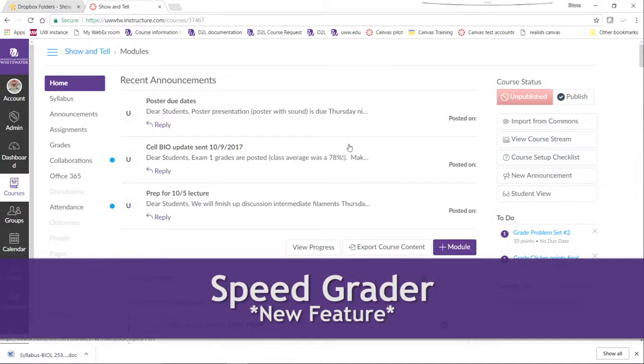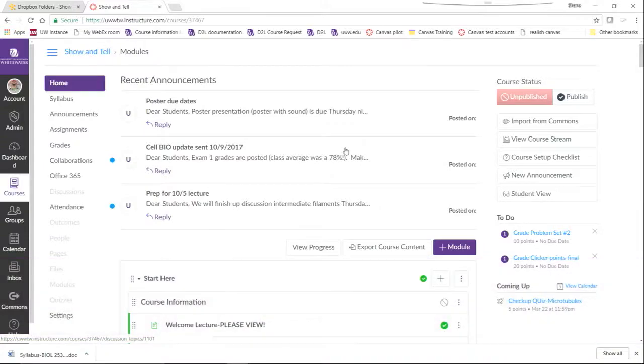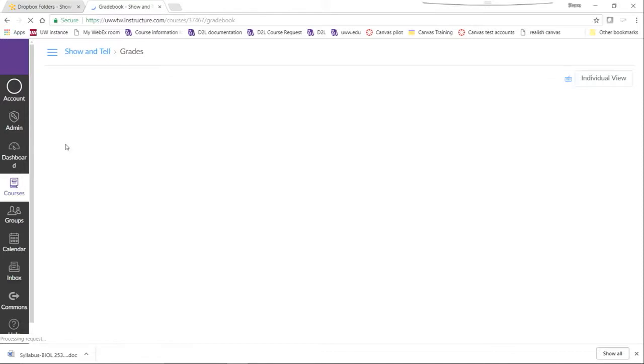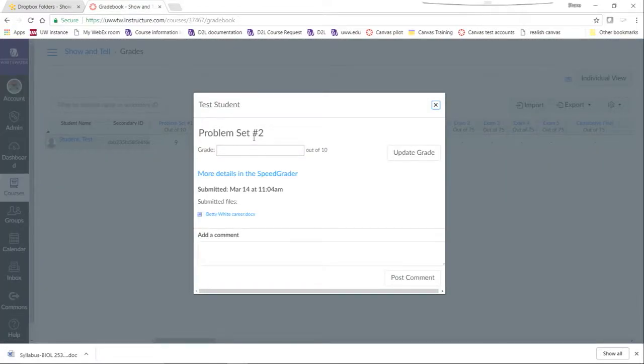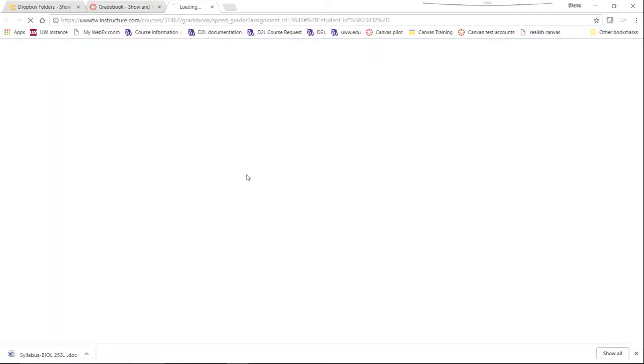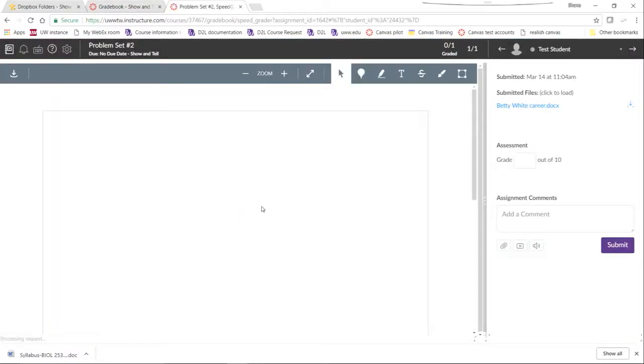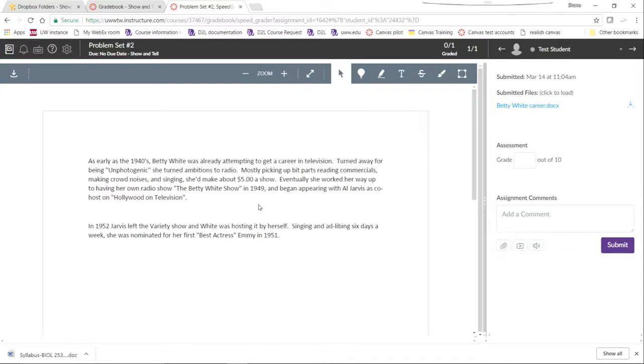One new feature that a lot of folks are excited about is SpeedGrader in Canvas. SpeedGrader is an option for inline editing and feedback in items that have been turned in by students. If we look at more details in SpeedGrader, we can see the submission made by the student. Now that we're here, we have all kinds of options.